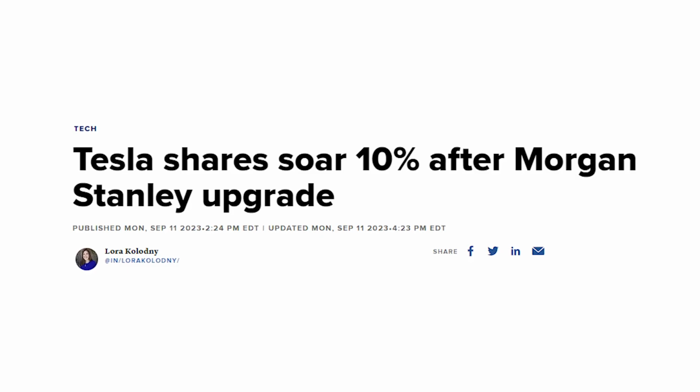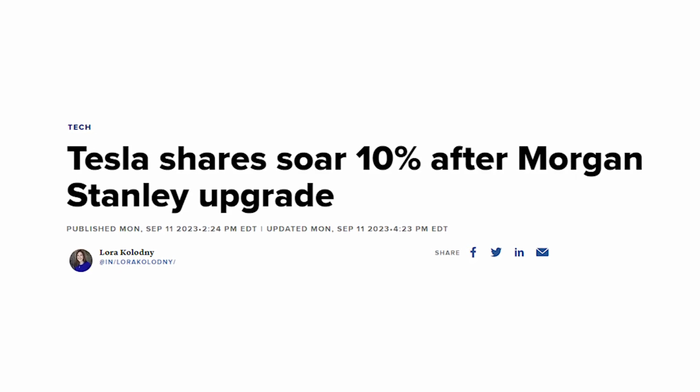And the third factor that can really impact the price of a stock market is what Wall Street analysts are saying about that company. Wall Street analysts often provide ratings, which can be a great financial indicator for beginner investors when they're looking to decide whether or not to invest into an individual stock. Just look at how Tesla's stock price was recently impacted by Morgan Stanley's price upgrade, rising by a total of